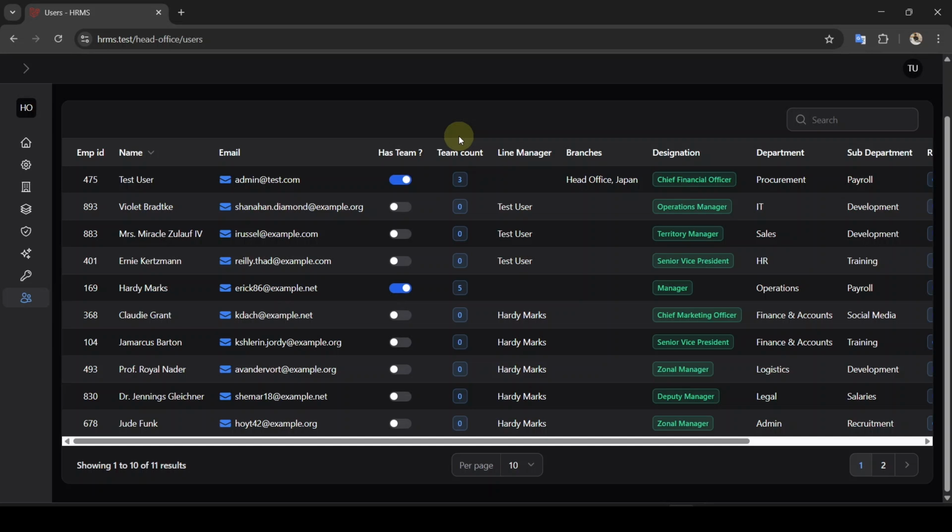In this video, I'm going to explain how to implement action on cells in a column. In this table, we have users and some of the users have team. As you can see, this guy has a team as well as this Hardy Marks. He has a team and team count is written here. There are 3 members in the team of test user and there are 5 members in the team of Hardy